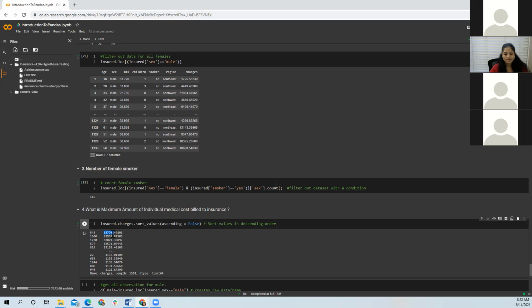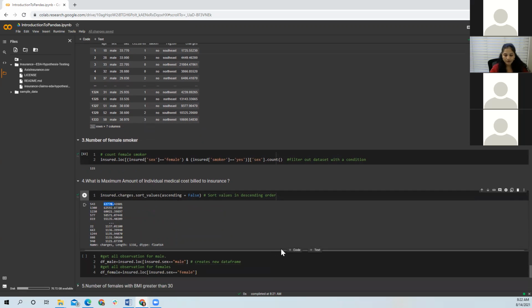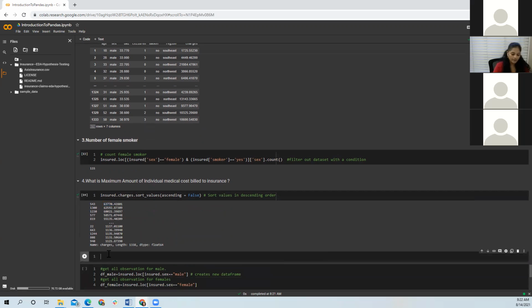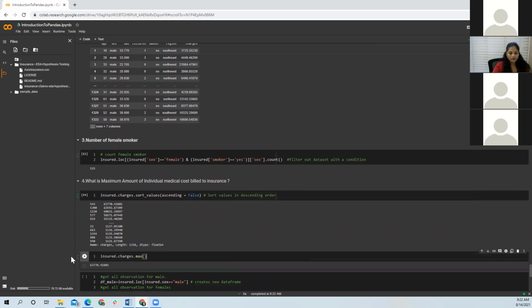That was the medical cost that was charged to the insurance. The other way of doing this would be you write insured and charges, and then you can directly say max. It will just give me this. You can use either of the ways to find out.